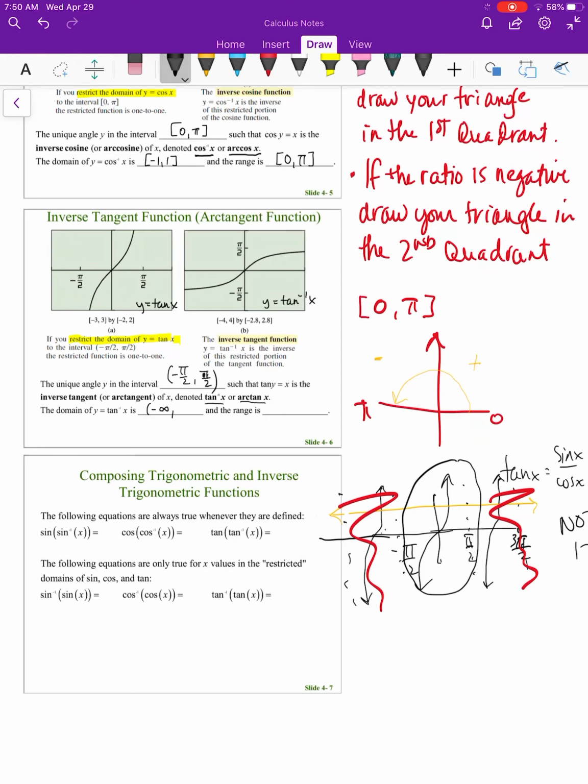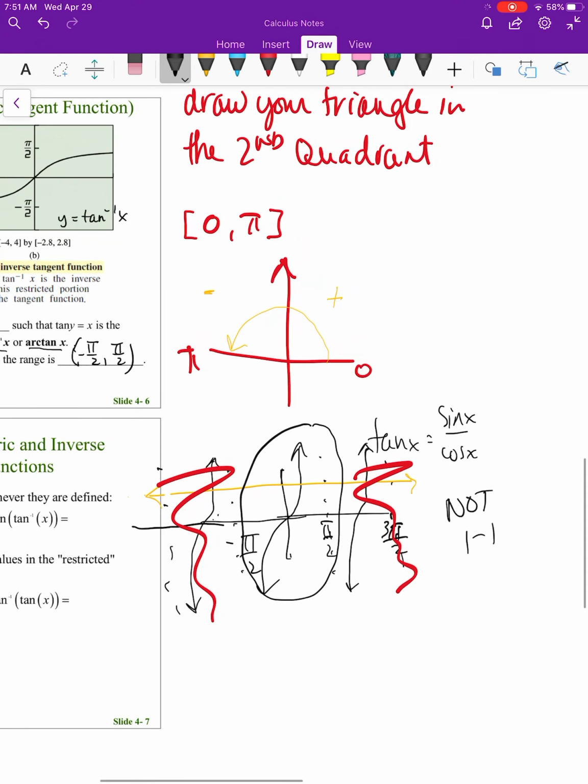The domain of y equals inverse tangent is negative infinity to positive infinity. The range, negative pi over 2 to positive pi over 2, non-inclusive. And you can kind of see that if we had y equals the tangent of x, goodness, our domain was,